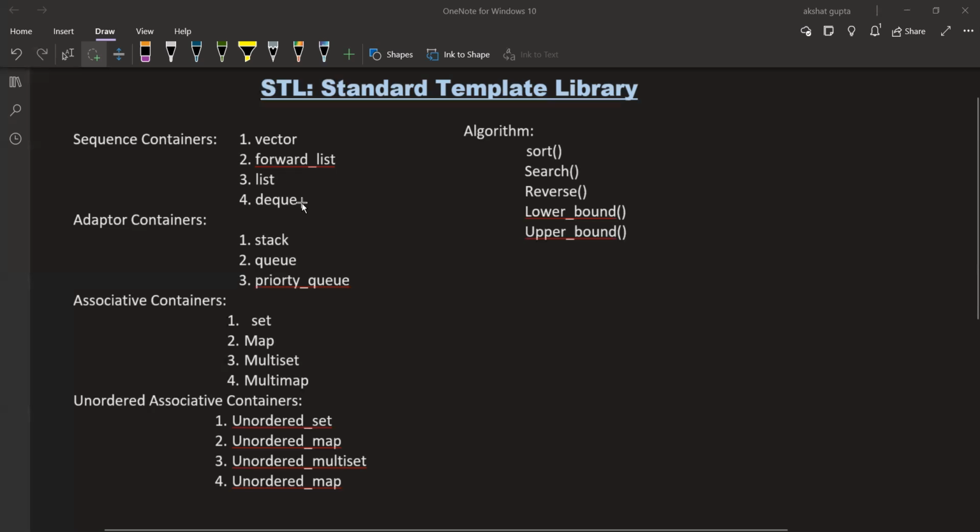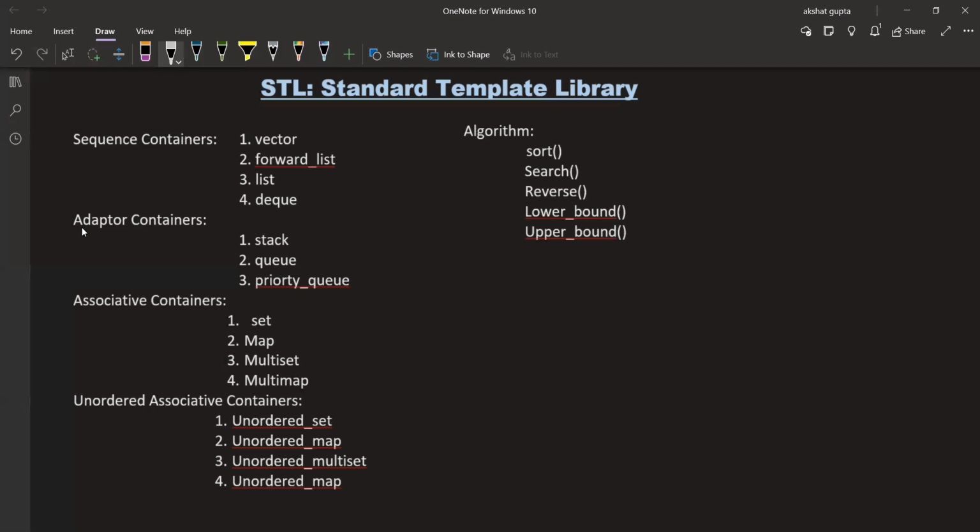Some of its features are that we can insert or delete any values from the front or from its back in O(1) time. It is basically a combination of both stack and queues, which we will discuss shortly.